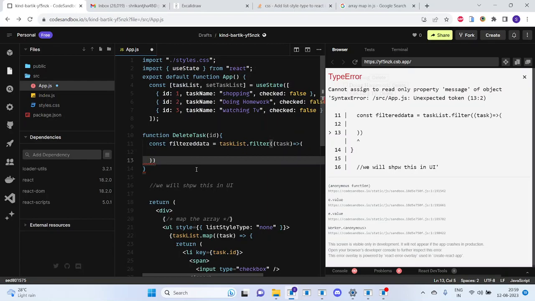Now whenever someone clicks on the delete functionality, we want to delete that particular item from the list. So we will use